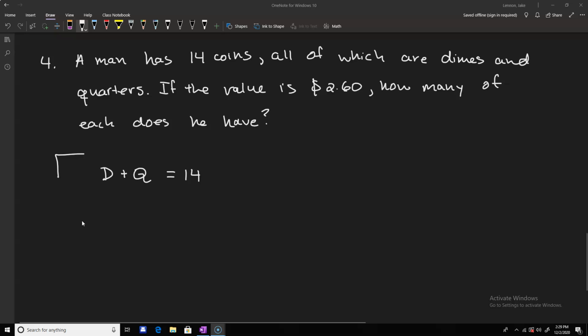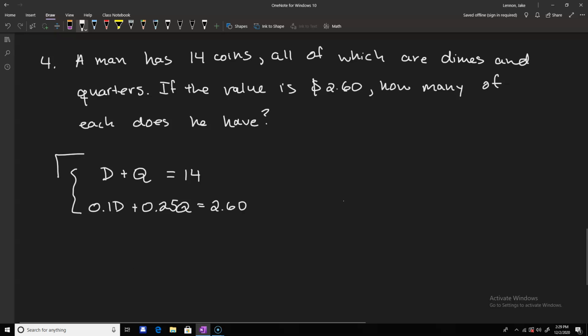And then the second equation should be a value equation. So the dollar value of dimes, which would be 0.1 times D, plus the dollar value of quarters, which would be 0.25 times Q, that should equal the total monetary amount he has, which is 260. So as you can see, we have a